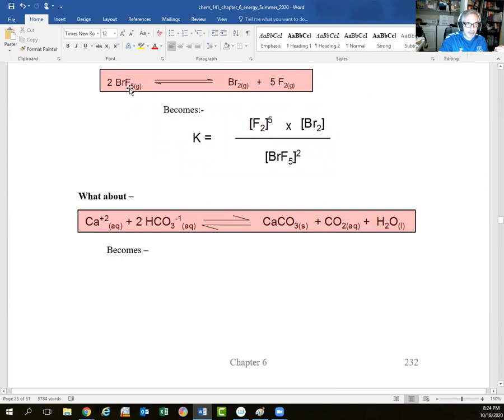The bromine pentafluoride decomposing into bromine and fluorine. So the products, that's bromine and fluorine, we multiply them together with the fluorine taken to the power of 5 because there's 5 moles in the equation, divided by the concentration of the bromine pentafluoride taken to the power of 2 because there's 2 moles in the equation. So we'd be ready to calculate that equilibrium constant if we had some values, and I would have to provide